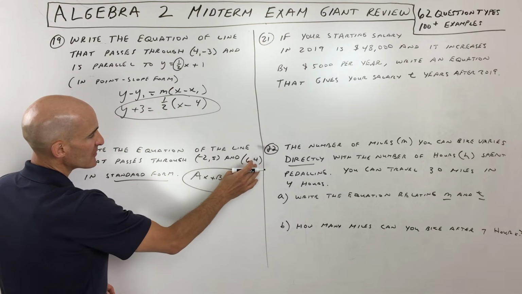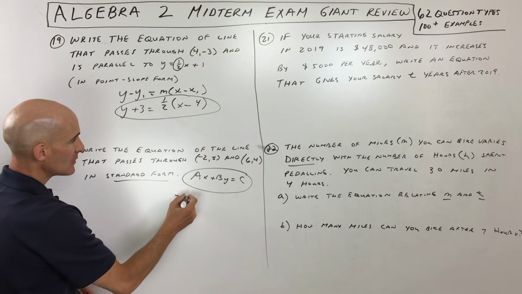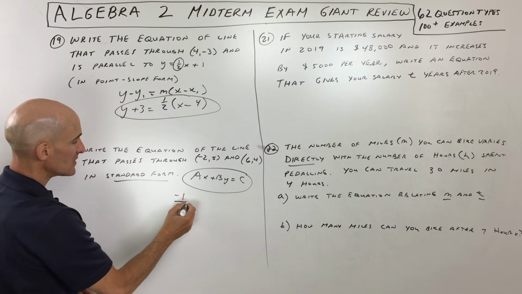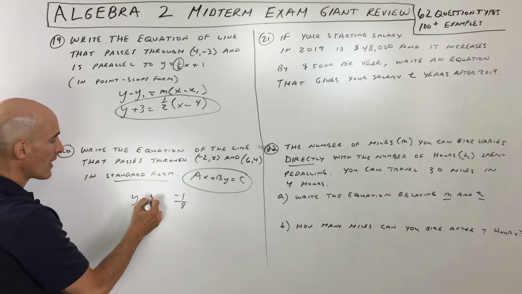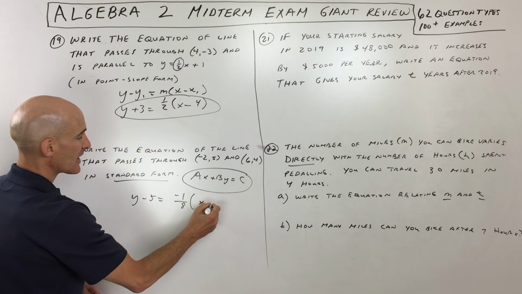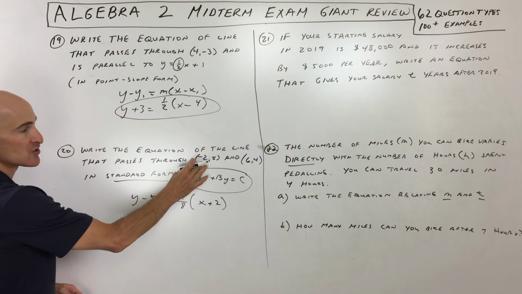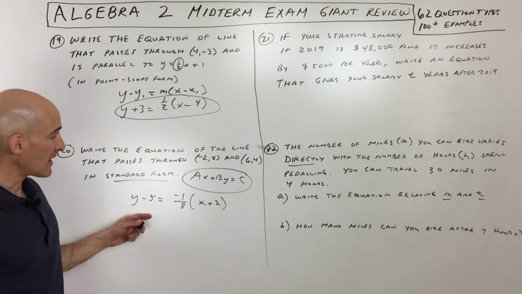So first thing I'm going to do is I'm going to find the slope. So 4 minus 5 is -1. 6 minus -2 is 8. So we know we have a slope of -1/8. And let's just take this point over here. We've got y minus the y coordinate, x minus the x coordinate. See, the two negatives cancel. Now we've got it in point slope form.